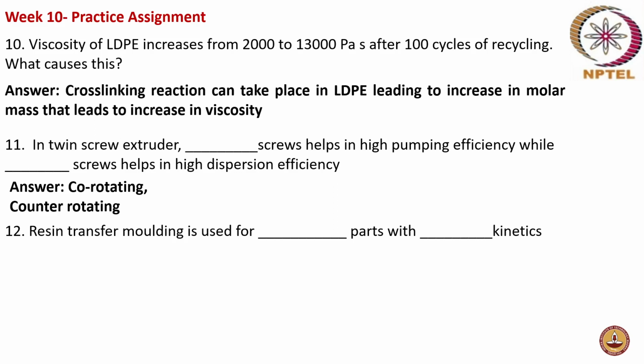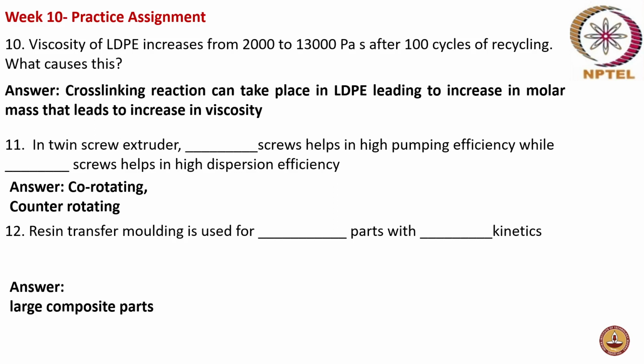Resin transfer molding is used for dash parts with dash kinetics. So, what is the size of the parts that can be molded using resin transfer molding, and what is the type of kinetics that happens in case of resin transfer molding? Also, what kind of kinetics is applicable, or suitable for resin transfer molding? So the answer is,